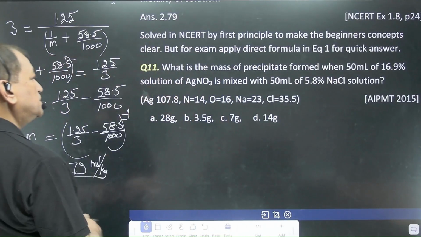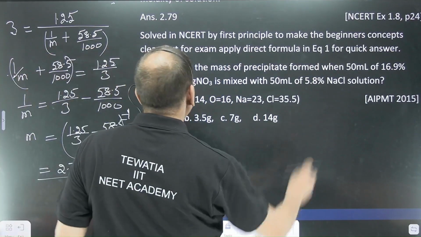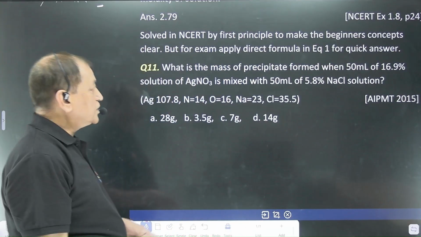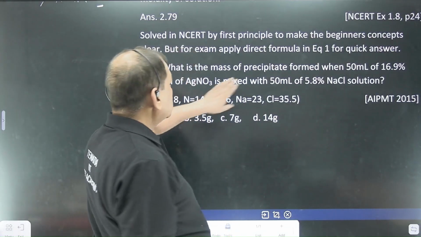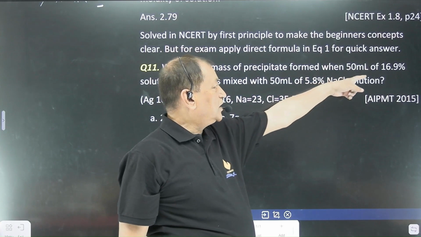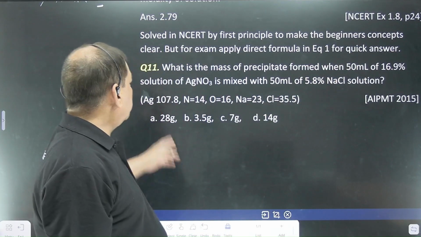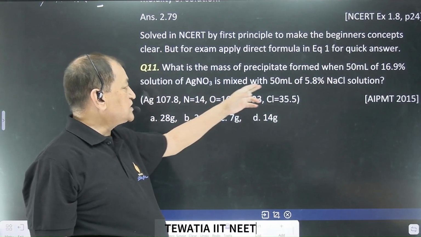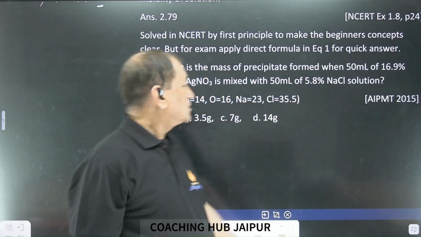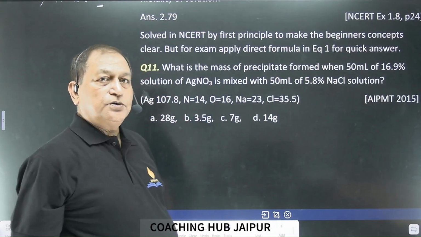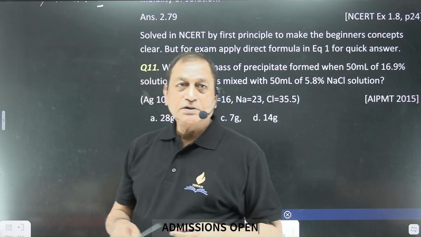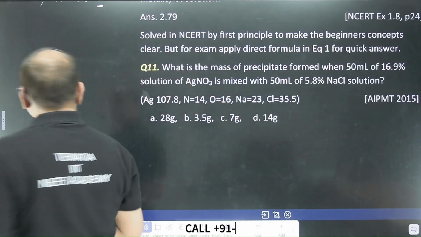Let's solve this question. This is NEET AIPMT 2015. This is a NEET question. What is the mass of precipitate formed when 50 ml of 16.9% solution of AgNO3 is mixed with 50 ml of 5.8% NaCl solution? So let us know. For this, you have to know the equation. Reaction is